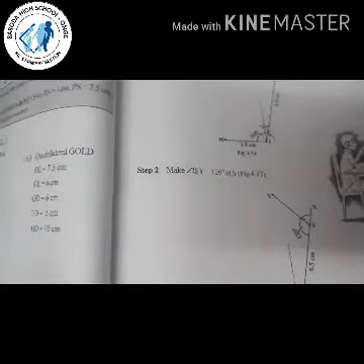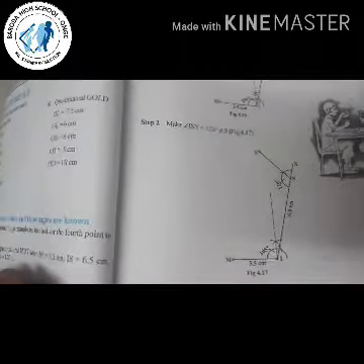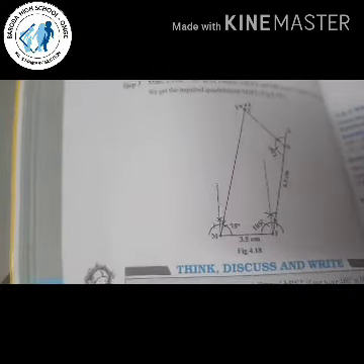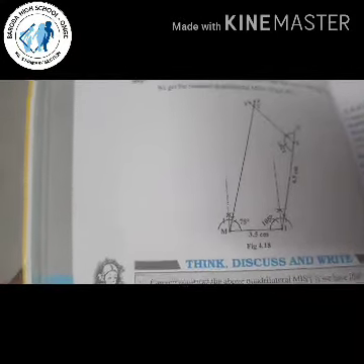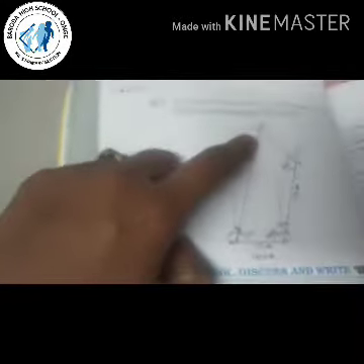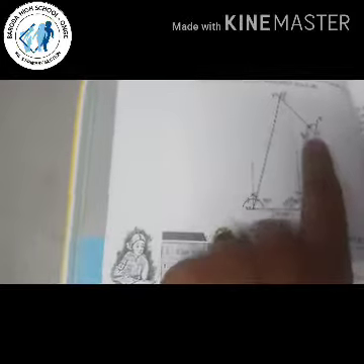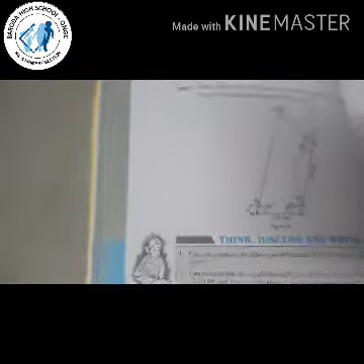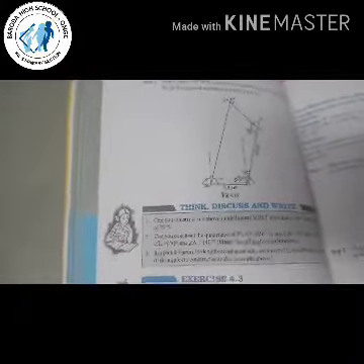Now with S as center, draw angle 120 degrees. That is angle ISY is 120 degrees. Now we also know angle M. So with M as center, draw angle 75 degrees. Now wherever these 2 angles, angle M and angle S, meet is point T. We knew these 2 sides and these 3 angles, so wherever these 2 angles meet, that is the 4th vertex of the quadrilateral. Hence we got quadrilateral MIST.